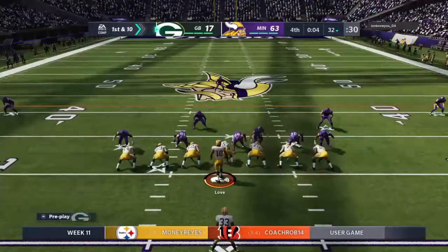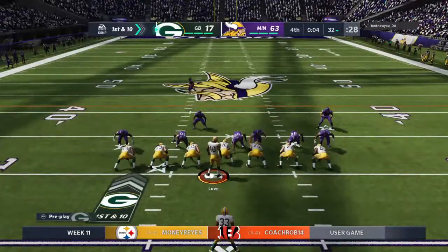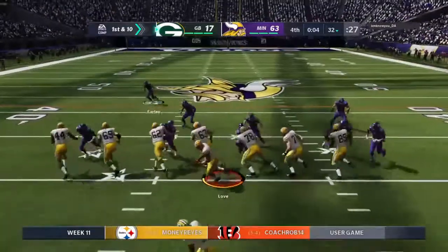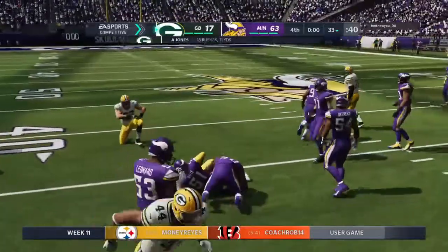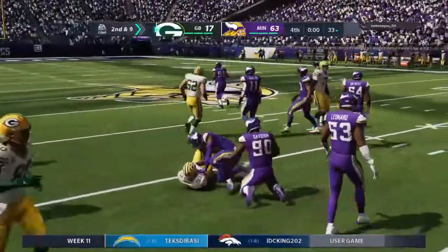The Packer offense ready to get their next drive underway. This is just an exercise in futility. Do you even bother running a play here offensively? I wouldn't, because now is not going to erase what's